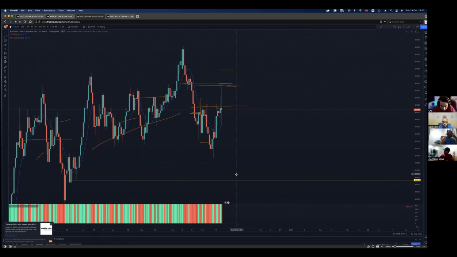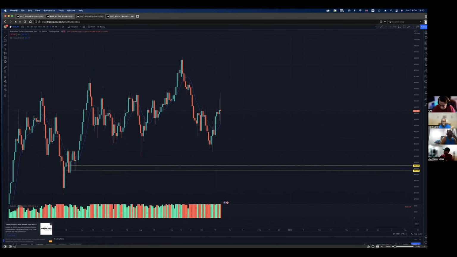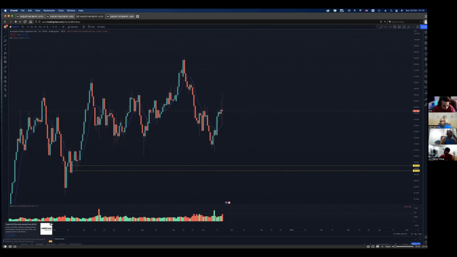Let me clear all this. Clear all drawings. So looking at the daily, we are in an uptrend, and that was why I wanted to just join the uptrend. The old trade I wanted was here. The old trade I was looking at was at this particular edge. We're coming from an uptrend, an uptrend, an uptrend.